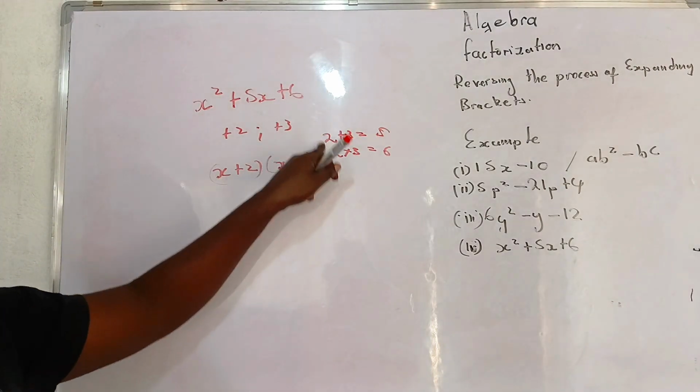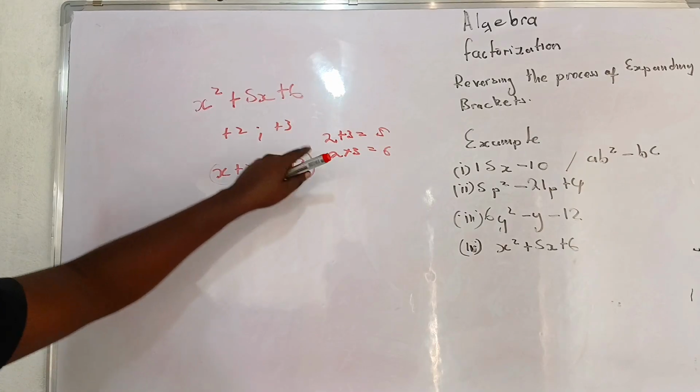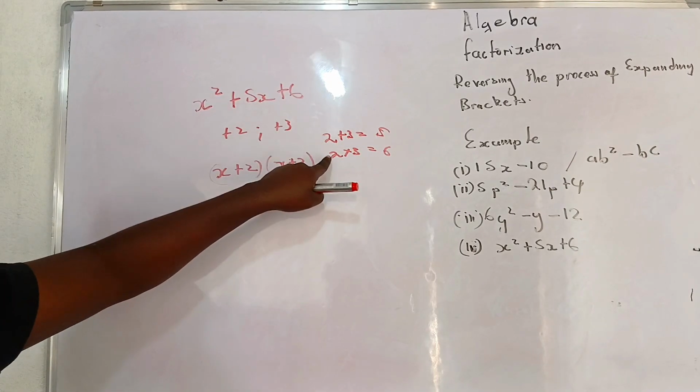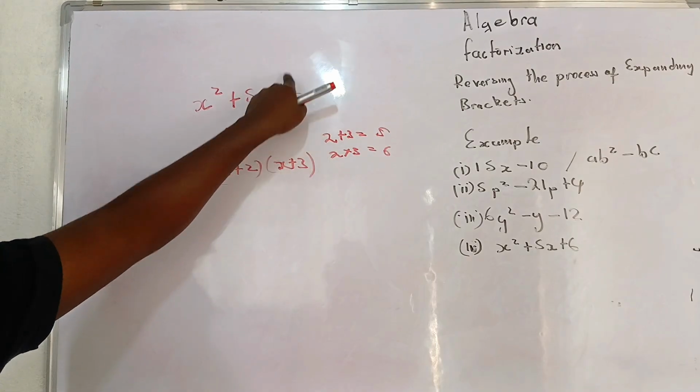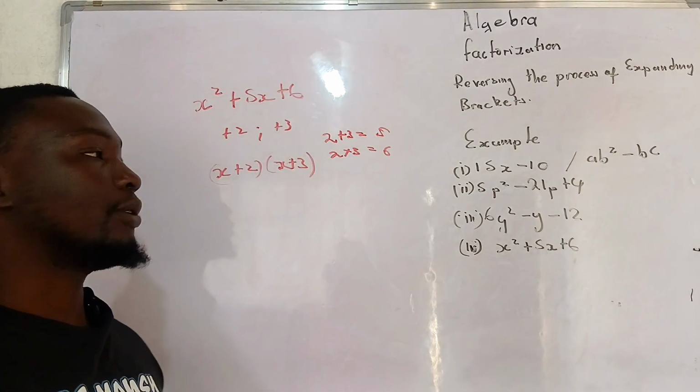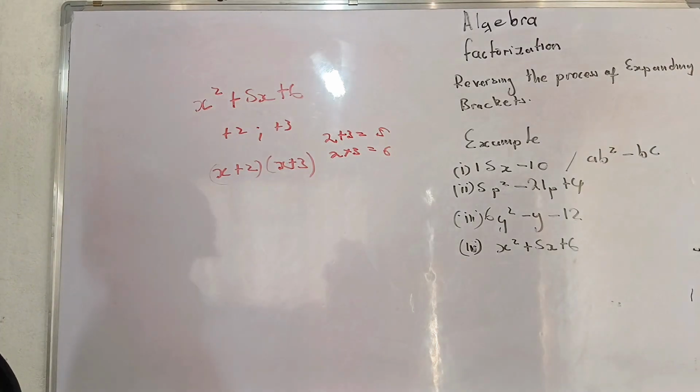So you always use factors like this. You add the two factors, they should give you the middle coefficient. You multiply the factors, they should give you the last constant. That's how you find your factors. So we are done with factorization, and we are going to be looking at highest common factor and lowest